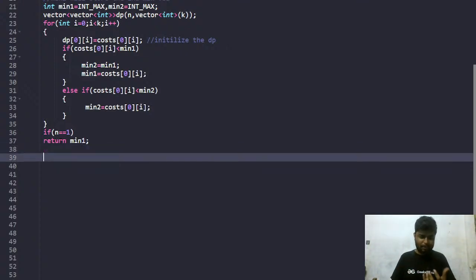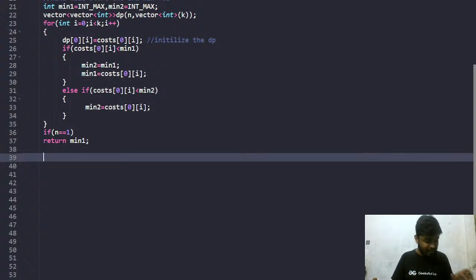Kind of this thing, I might want to use them alternatively, so that every time I'm using either the minimum cost or the second minimum cost. Agree? Clear with this part? Why am I trying to do this? I'll try to use the minimum cost, then the second minimum cost, of different colors. Maybe I'm trying to think in this fashion. Okay, right? That is what I'm trying to think.